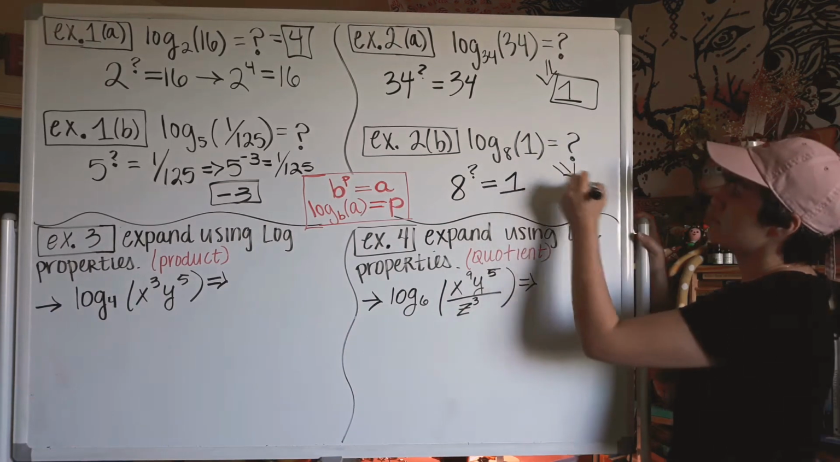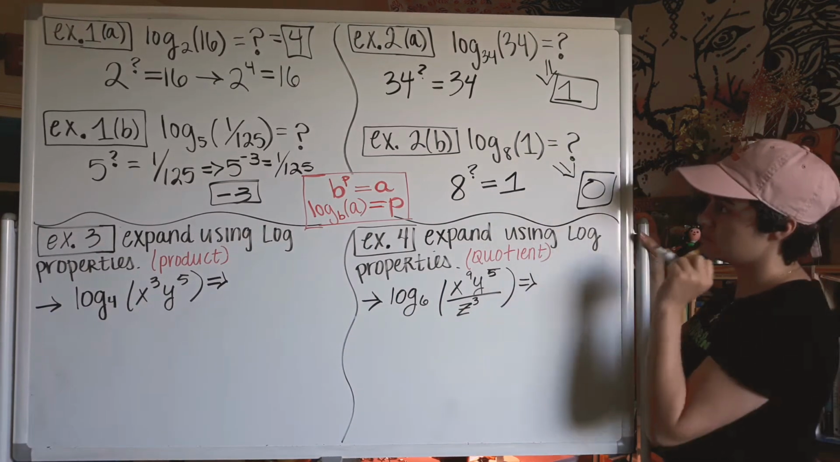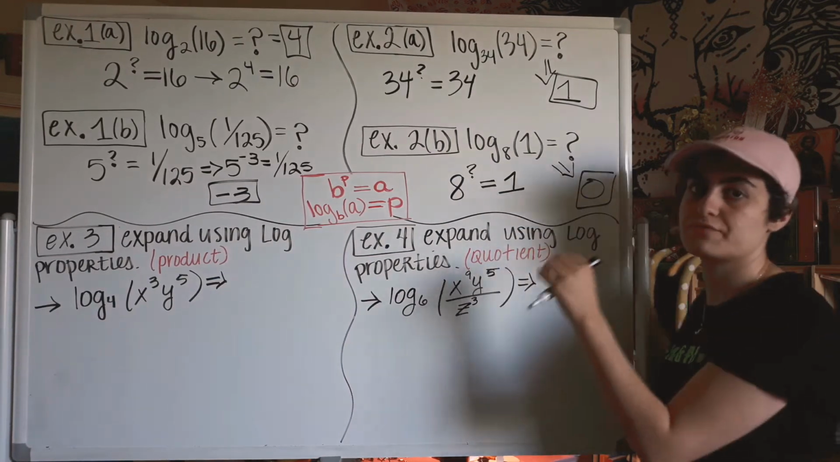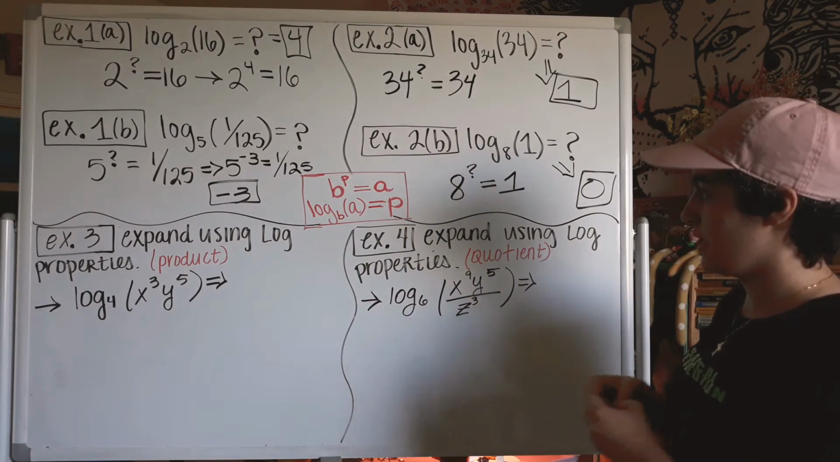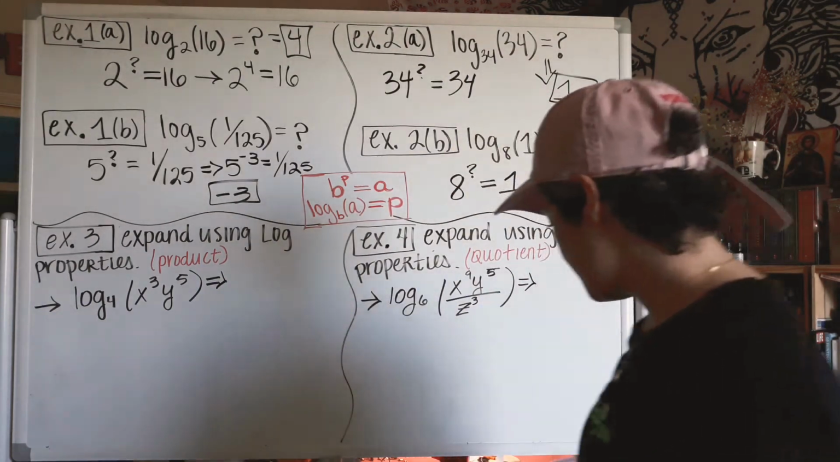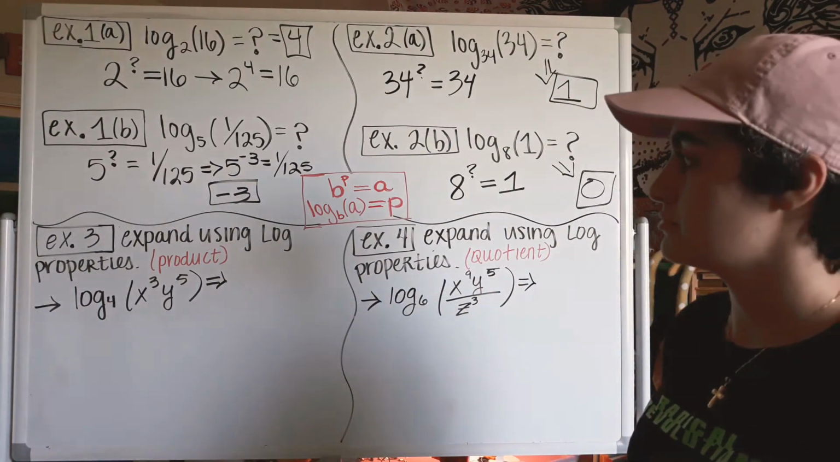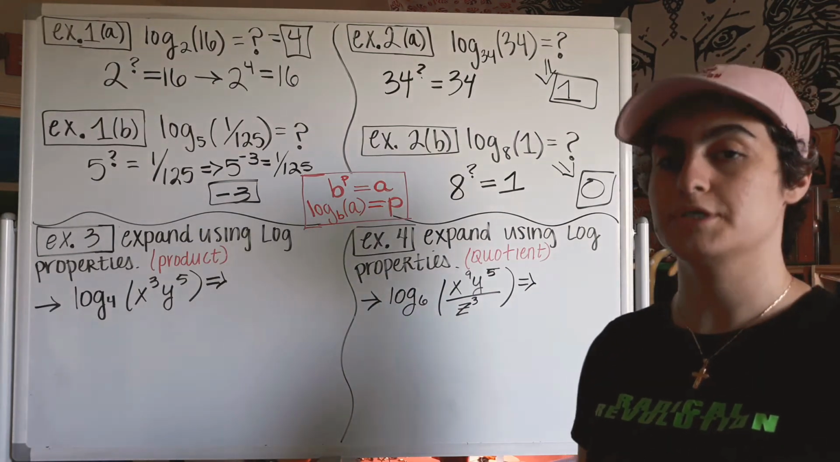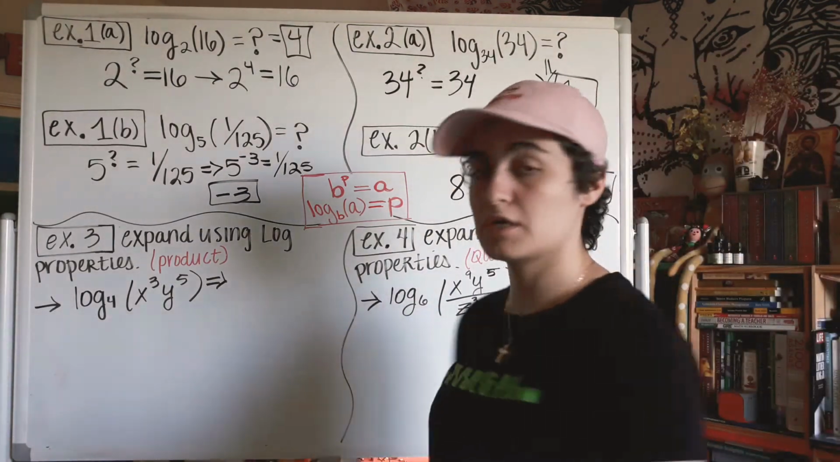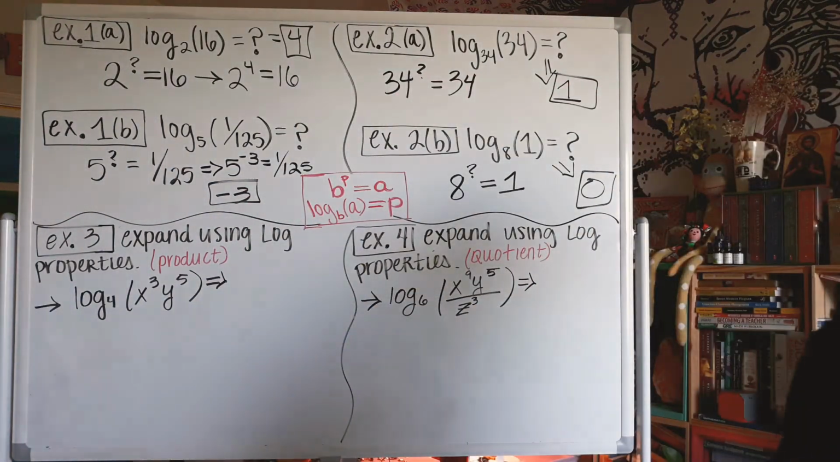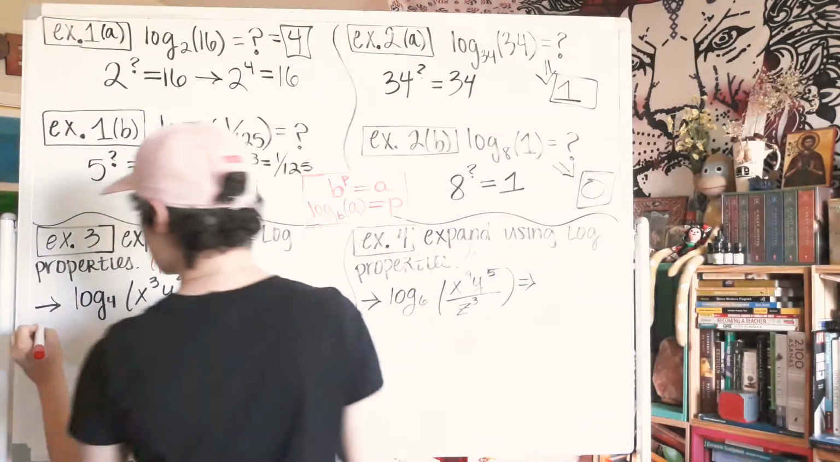So actually, 0 is your answer here. This is the 0 property for logarithms. Okay? So now let's talk about example 3. Example 3 is using the product property. So I'm going to go ahead and rewrite it actually, just so that we can see it. So log, this is the property,